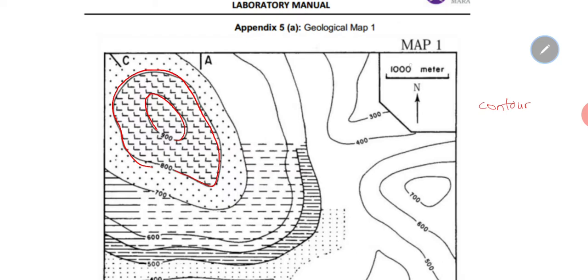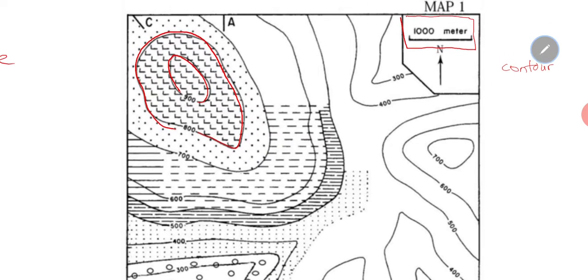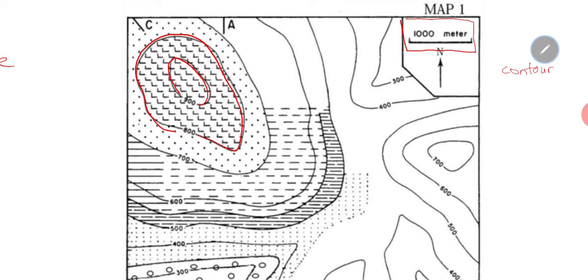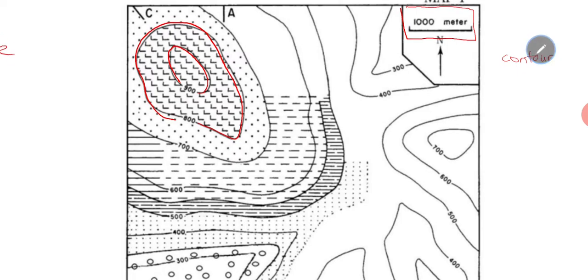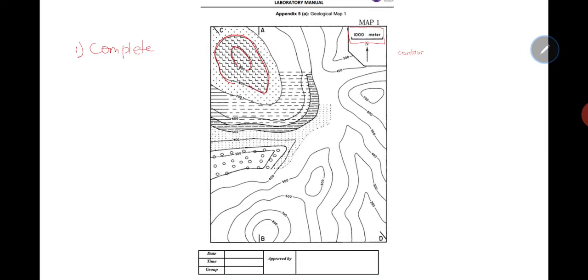Next, what you see on the top of this, after Map 1, is what we call the scale. So you have the scale of 1000 meter on site. In order to complete this map, you need to look first at the description. You have different symbols representing different types of sedimentary rock, and what those sedimentary rocks are. So you need to refer to the next appendix,